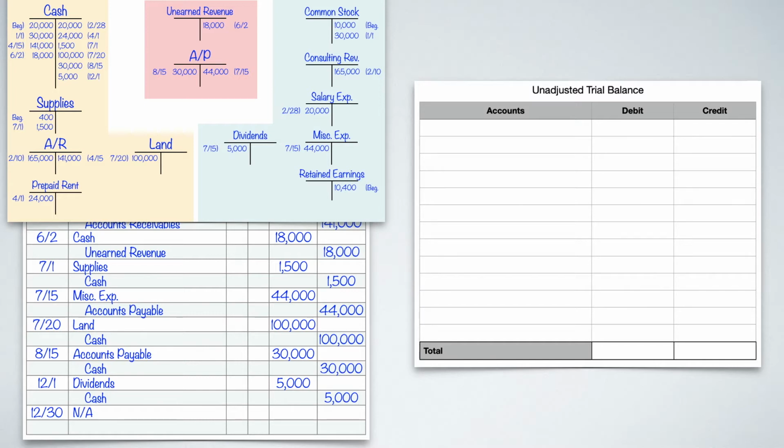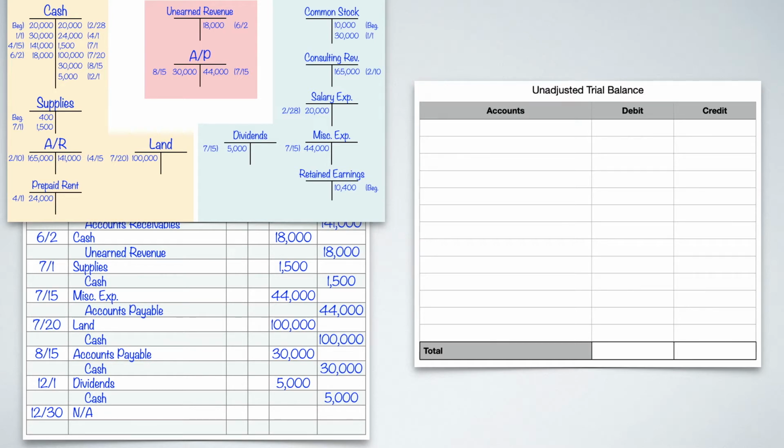And a trial balance is just kind of a check mechanism to make sure that our debits and our credits are equal. Remember, that's one of the big things that we have to have when we're doing double entry accounting. I'm going to show you how to do that today. What we're going to do is look at all of our t-tables specifically, and find our account balances for those t-tables. Some of these are going to be really easy because there's not much going on with them. Some of them are going to be a little bit more challenging, especially cash. So let's start with cash first.